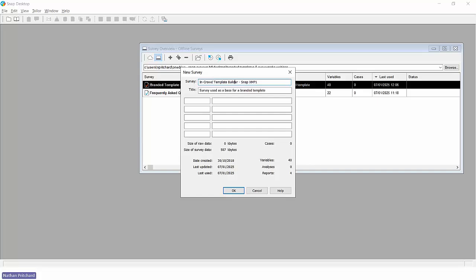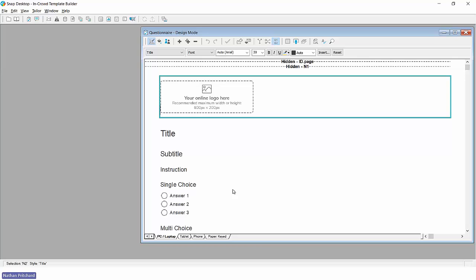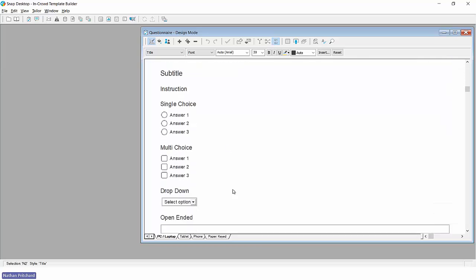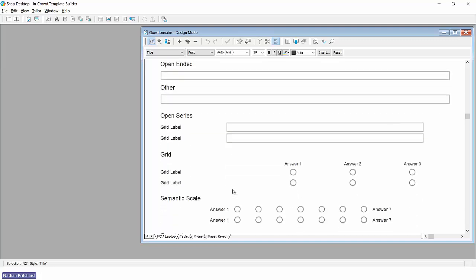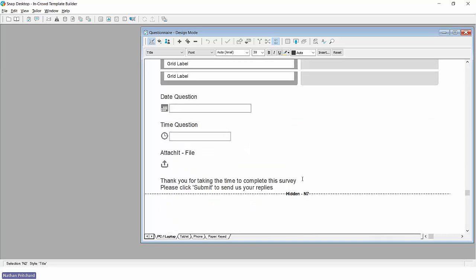And I should add that we do update this template builder from time to time. So if you are going to be looking to create a new template, it's worth making sure you download the latest one from our website. Essentially, the template builder is a survey containing an example of each and every type of question, including a placeholder for the logo. And if we scroll right down to the very bottom, you can see we have a thank you message,